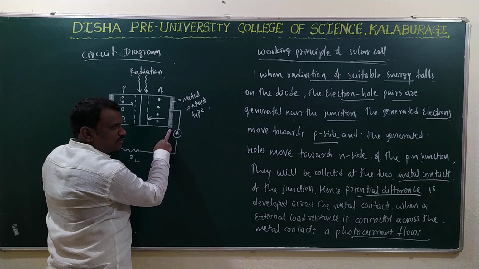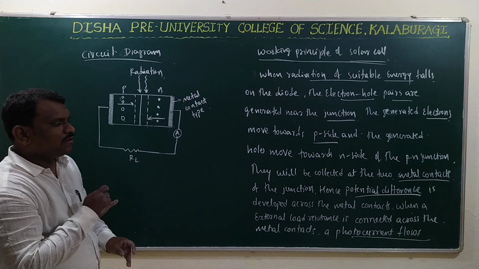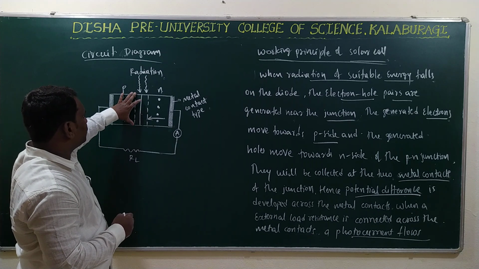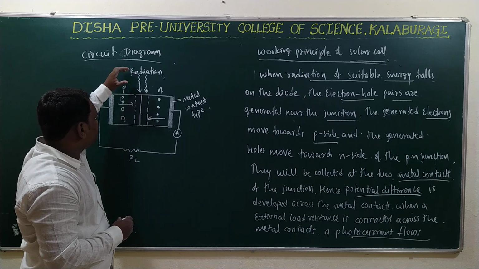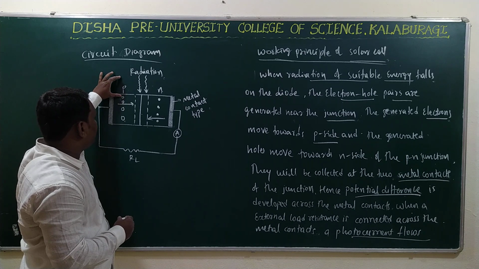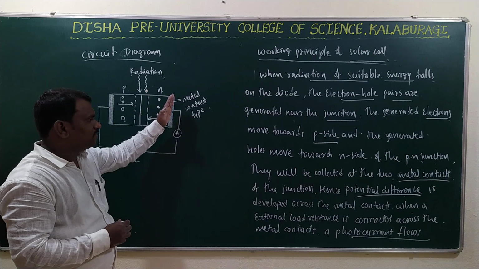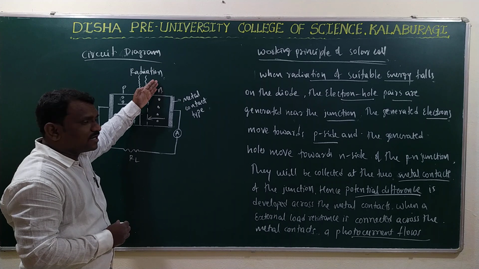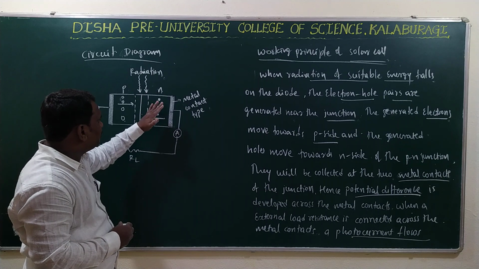From the two metal contacts, the photo current is produced or flows from the metal surface, right? Take a p-n junction diode and incident suitable energy radiations on the diode. Then the majority charge carriers, holes from the p-type, move towards the n semiconductor, and the majority charge carriers, electrons in the n-type, move towards the p-type semiconductor, and both